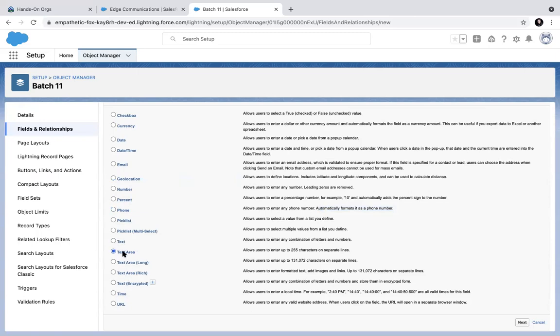What is the difference between text and text area? Both have the same data type, right? 255 characters. It is written here. You see, in text area, we can have different lines. Yeah, we can use enter. Absolutely, you can break the line. You can put an enter. The enter button will not work in text. It will be a continuous text.